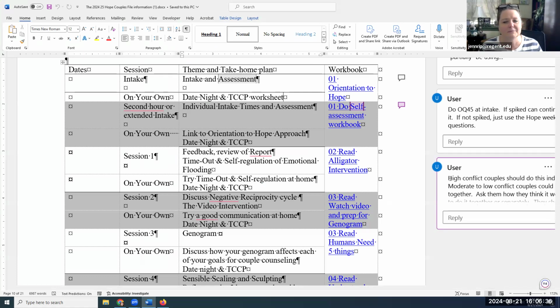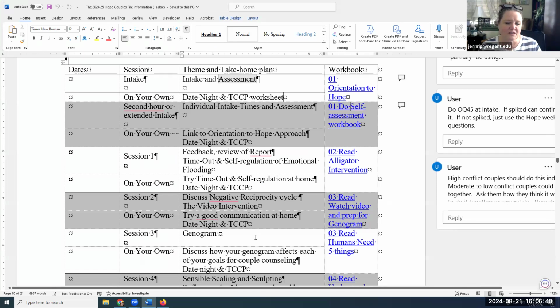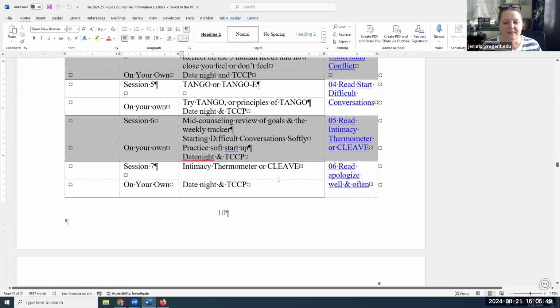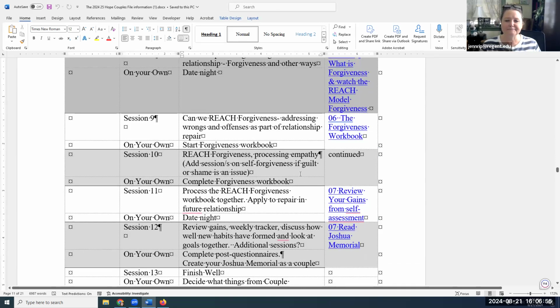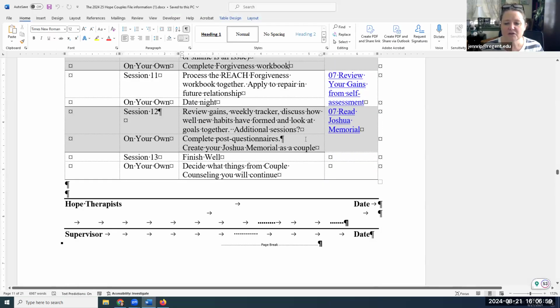Other people really push it away. Use your judgment, obviously. But we start out with the first several weeks of doing date night and TCCP as their primary homework, but there's a little other things to do in there as well. And as time goes on, you might see some other things like starting the forgiveness workbook, that kind of thing pops up later. Okay. So you kind of get a sense of that,